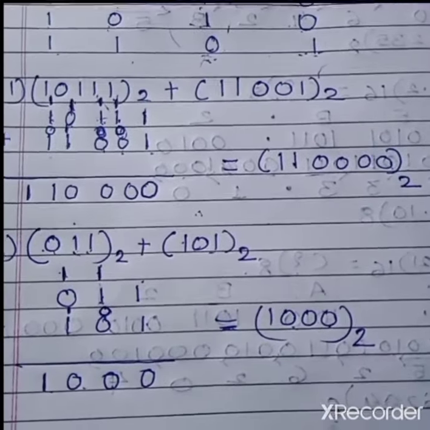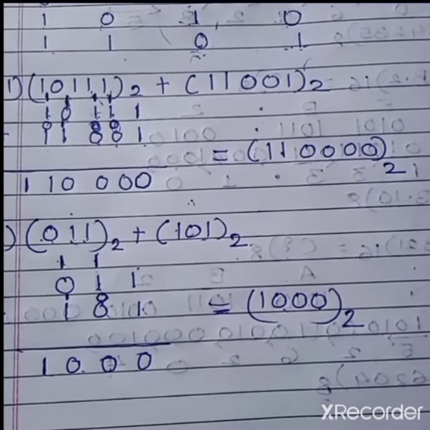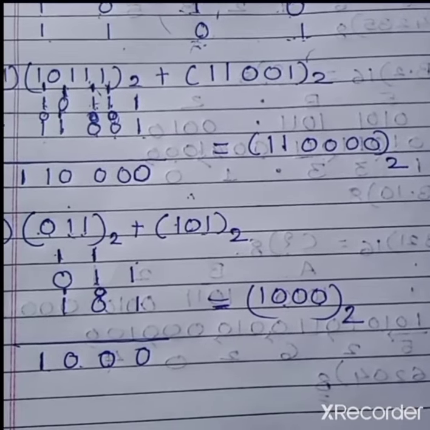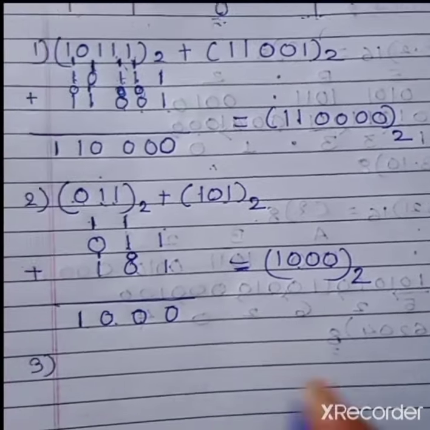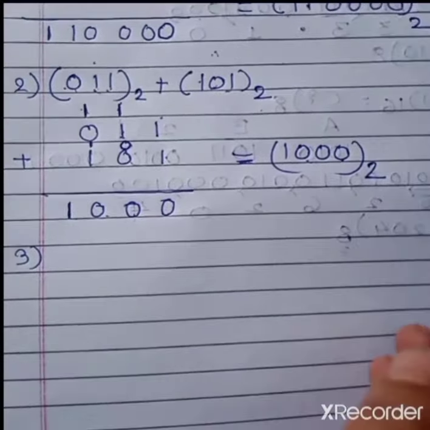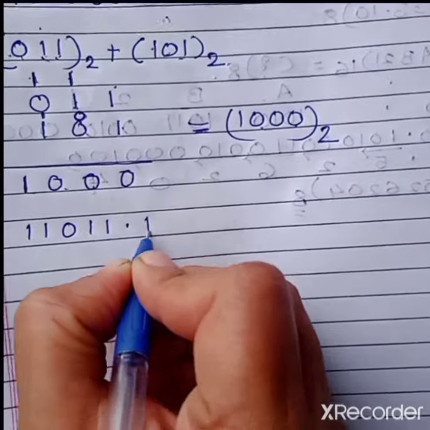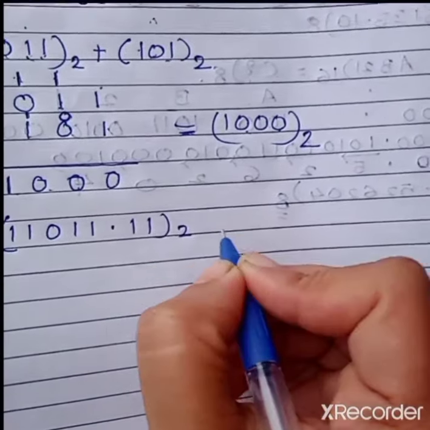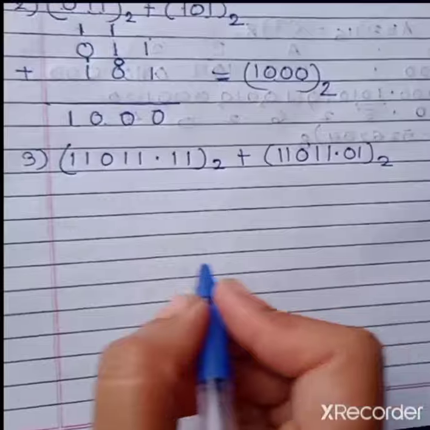Again, for checking the conversion or addition, you can also use the calculator. Now we'll see the next example, so that once again you will understand how to do the calculation. Now here the fractional numbers are given for addition. Follow the rules properly. If you are following rules properly, then you will get a perfect or correct answer, right?